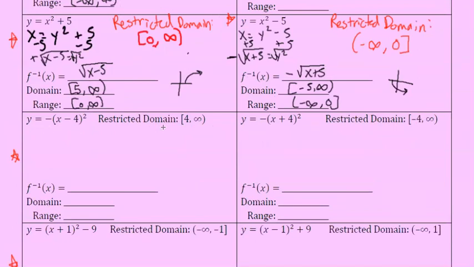Y equals negative x minus 4 squared. We have a restricted domain of 4 to infinity. So that means that our range of this one is going to be from 4 to infinity. To solve for the new y, we'll first divide each side by -1,